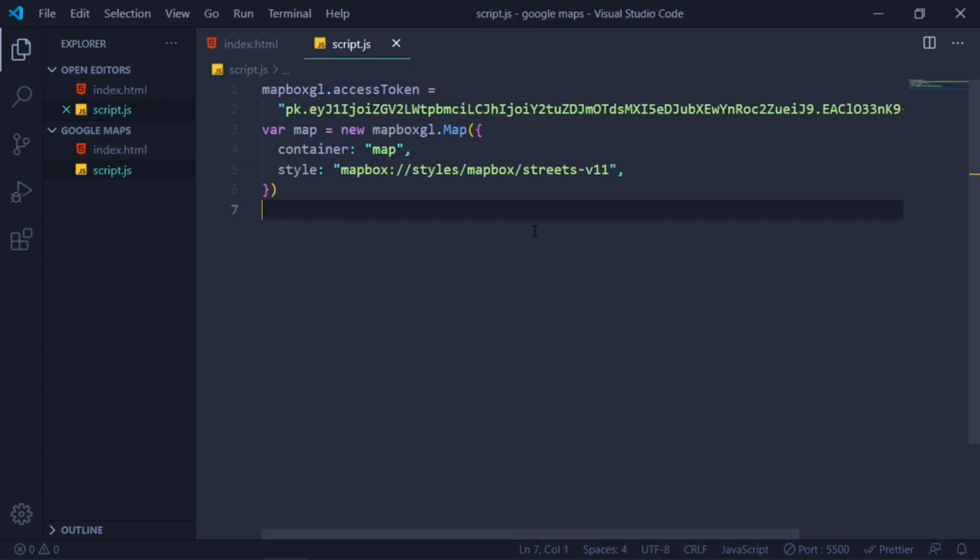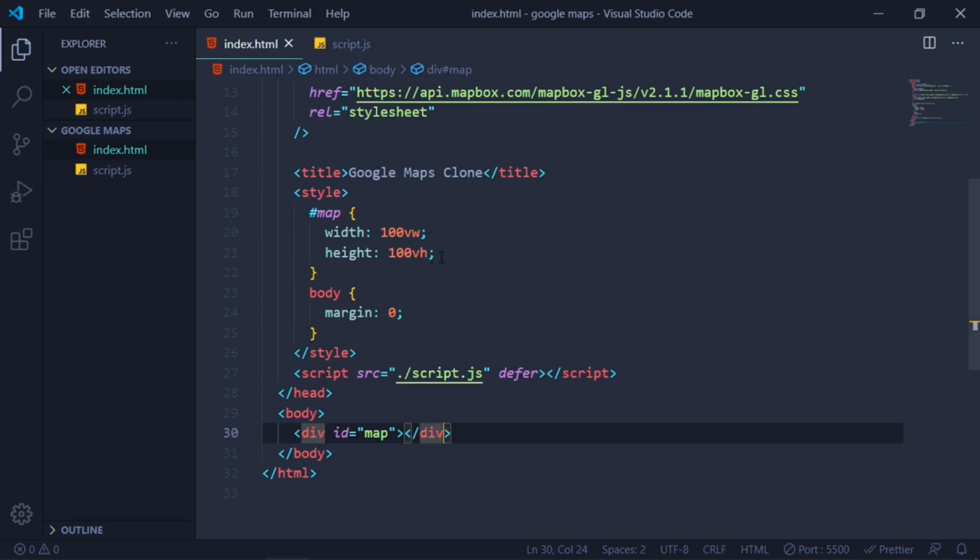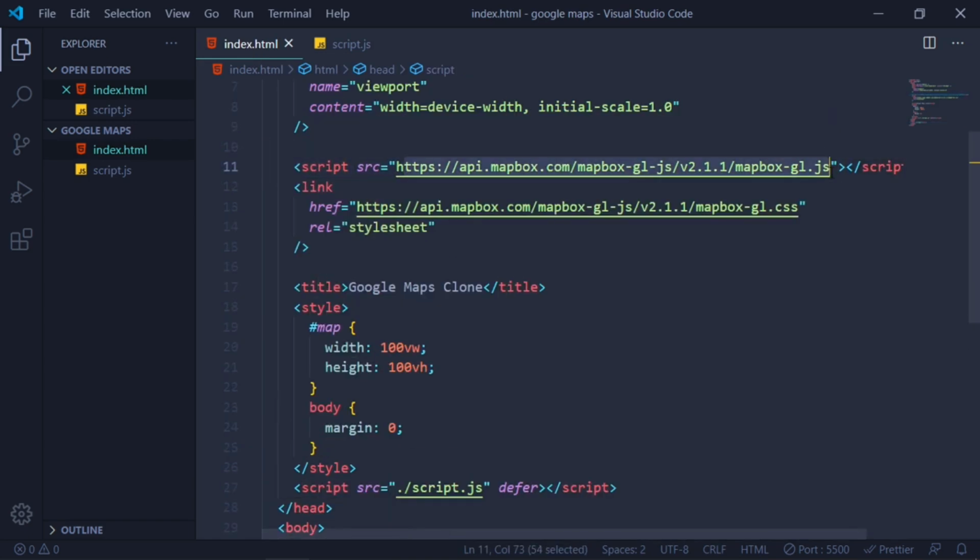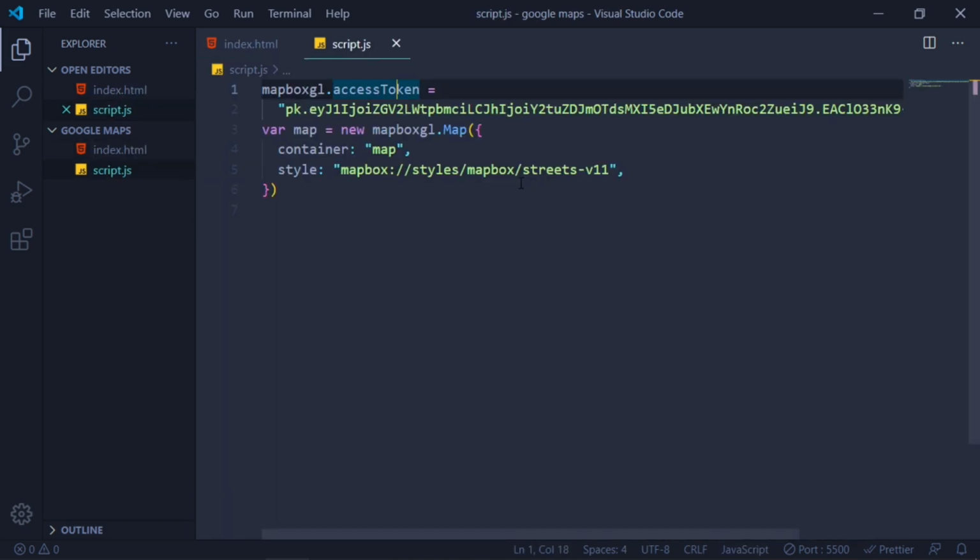Okay, so let me explain what is going on inside our script.js. So you can see here we have a mapboxgl object, and this is being brought from our mapbox link, this link, and we have this access token in here, a string, and this access token is private, so you don't have to share it with anyone.